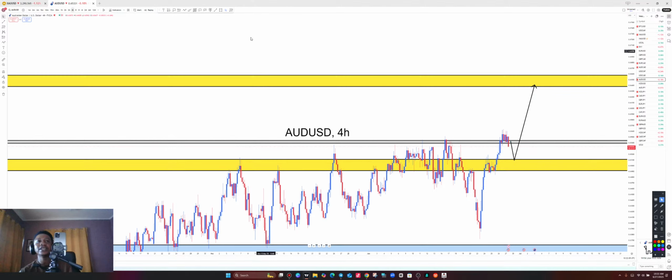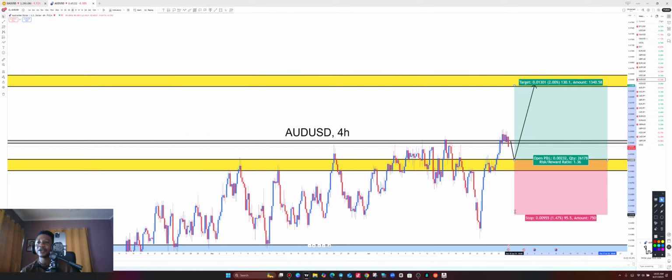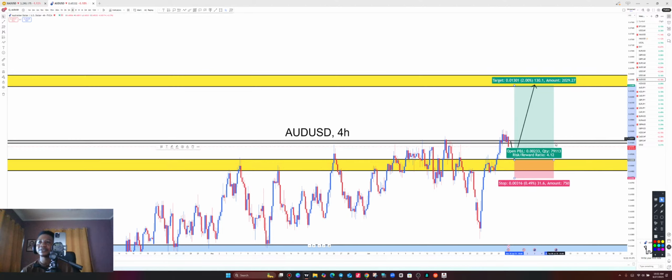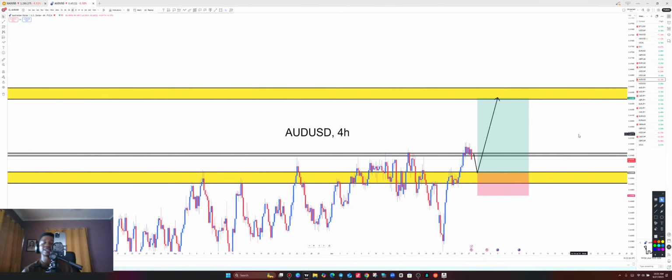So AUD USD, this is going to be my full and complete technical analysis. Immediately price completes the retest, we look for candle confirmation, and then a buy will be coming in all the way to the upside after we reach our candle confirmation. So that's it for AUD USD. Simple as that. All right, so once we are done with AUD USD, let's continue.